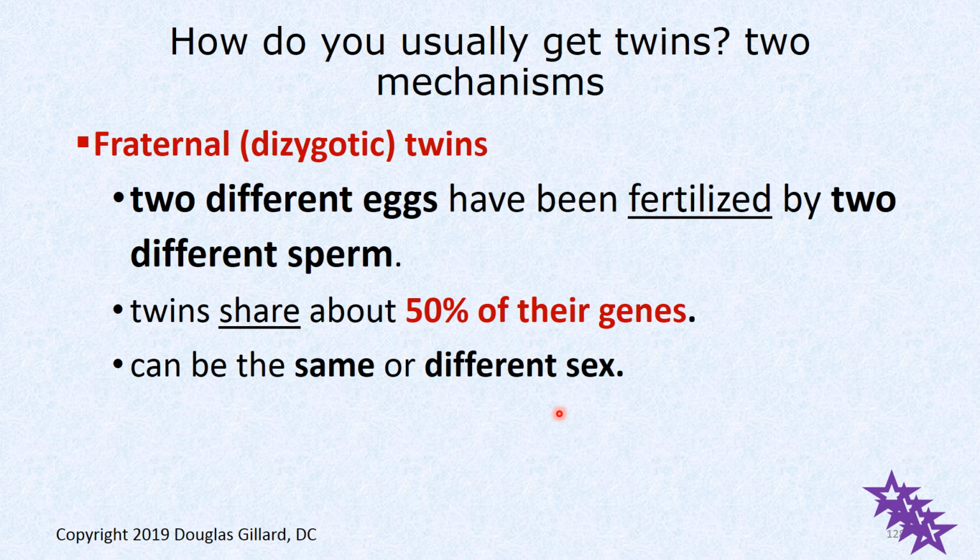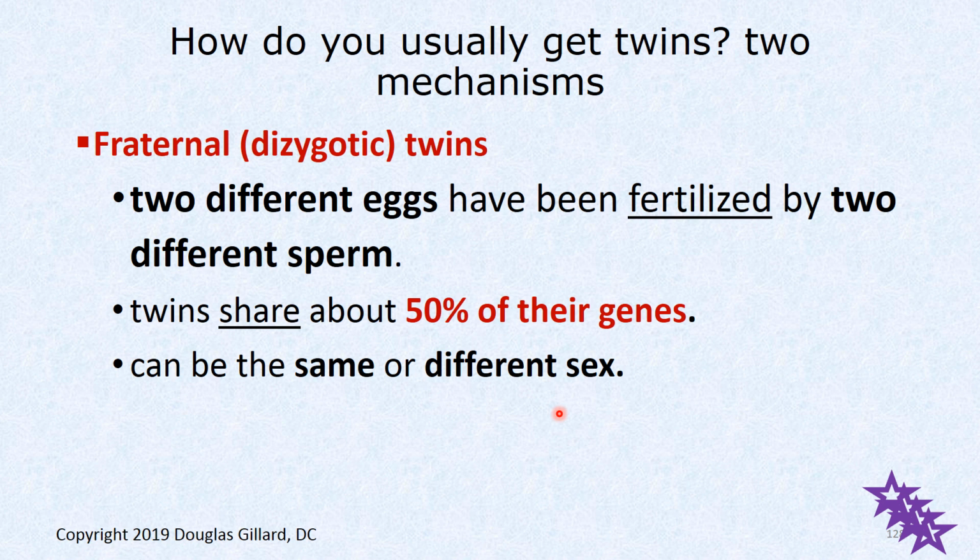But what happens if the right and left ovary ovulate eggs at the same time? Or what happens if the right ovary ovulates 2 eggs at the same time? That usually doesn't happen, but it could happen. And those will be 2 different eggs, and 2 different sperm fertilize those eggs, and you got yourself fraternal twins. So these twins, because they're different sperm and different eggs, share only about 50% of their genetic